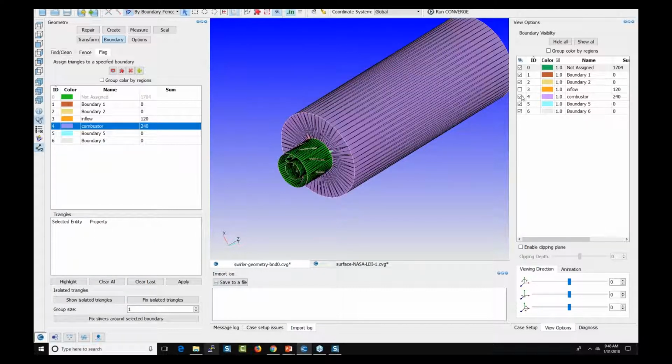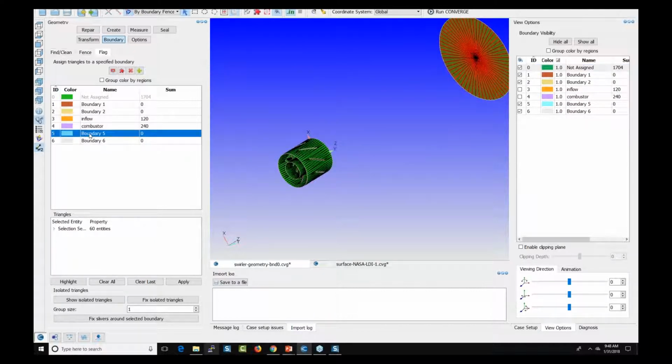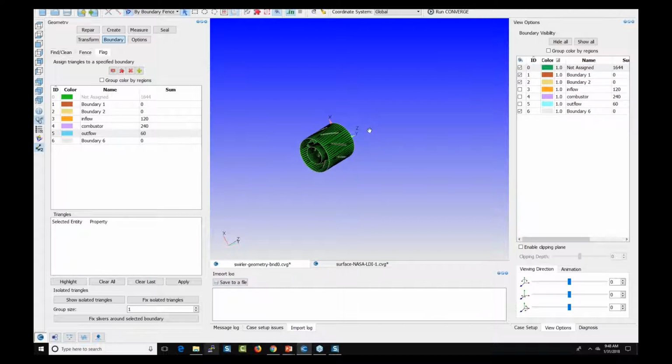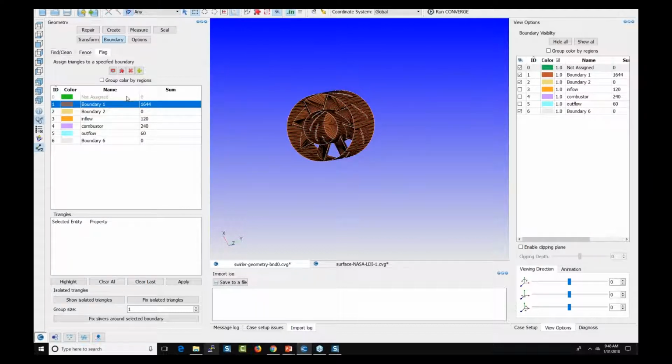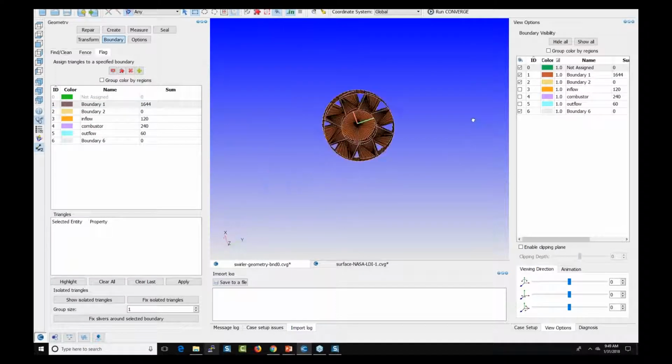Combustor, and I will hide my combustor. So this is outflow. I've flagged my outflow, and now I can go fancy with the swirler. I can do a box select. I can assign it to one boundary, or